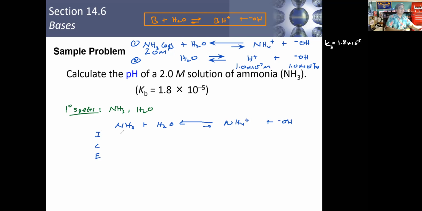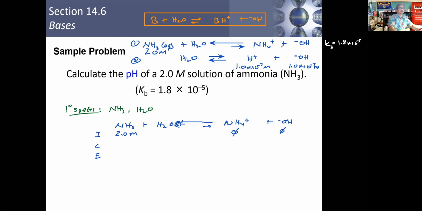We're going to have a 2 molar solution of ammonia. We don't have to worry about water at all. Water is a liquid, so that's not going to be involved in this. And initially, 0 and 0. We know in this case, and we have to make sure we keep this in mind, that